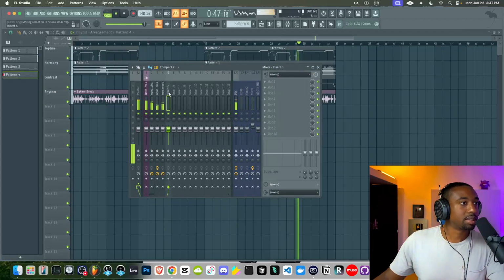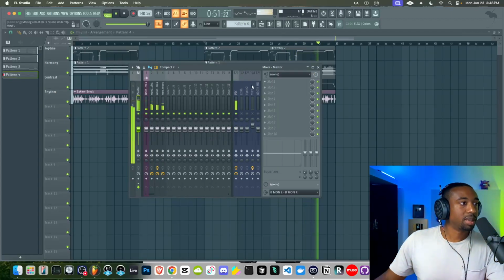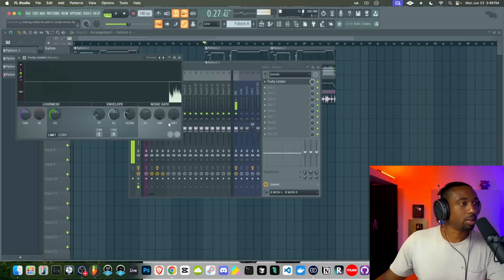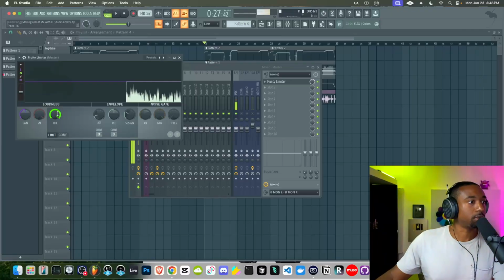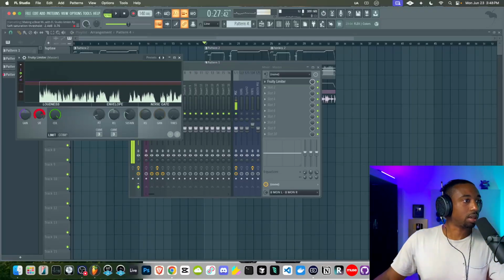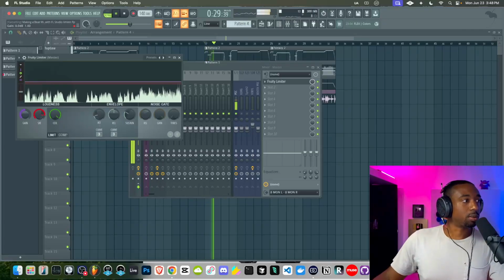All right, now onto the mixing here. So let's just mix the entire group here. Let's start with the first Fruity Limiter. We're gonna use this one as a saturator. So I'm gonna turn up the ceiling so that we're not compressing with the limiter here and mess with the saturation knob here. Just turn up the volume, the gain.